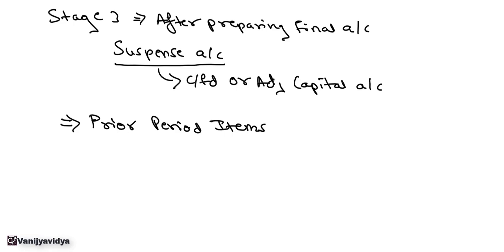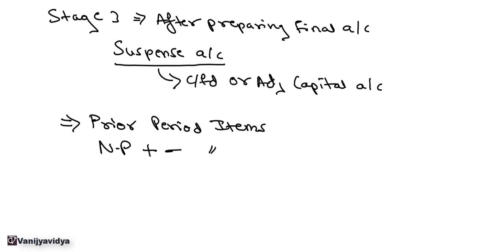Now, ideally speaking, this may happen for your income and expense accounts. So say there was some error in recognizing the income or expense in the previous period. Now that prior period item should not ideally affect your profit of the current period. So they are separately recorded in the prior period items or prior period adjustments, and while preparing your final accounts, after arriving at the net profit for the year, we adjust these prior period items. Either add or reduce it from your net profit, the prior period item.